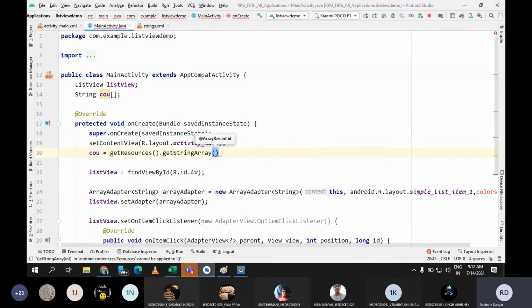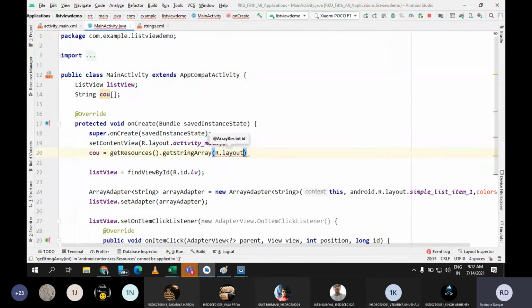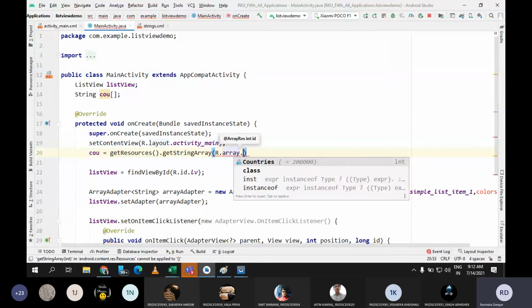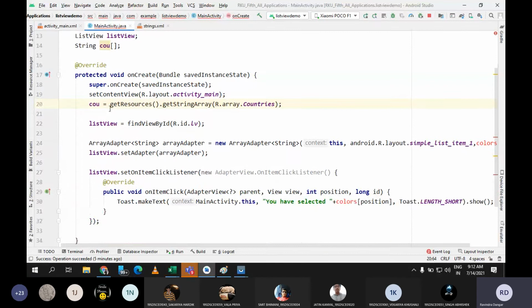Now I can give the name of the array, which is defined in R dot array, not layout, R dot array dot countries. Is it fine? Because your string.xml file is inside the res folder, to find any of the resources I need to use the method get resources.